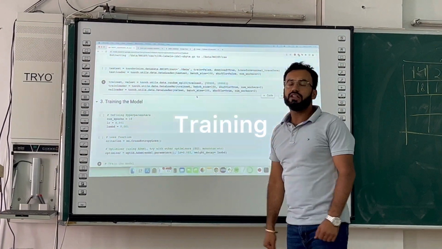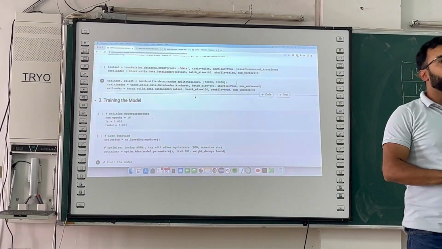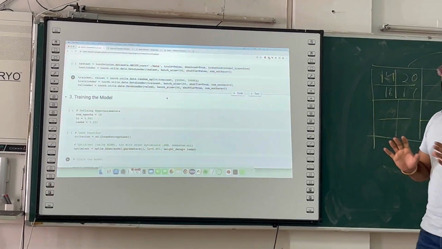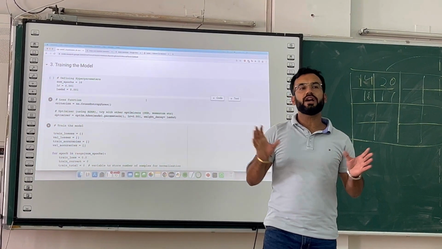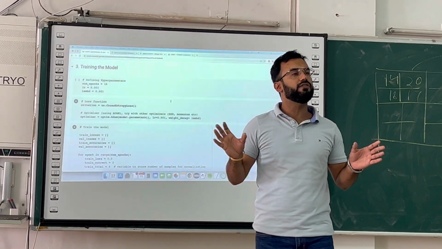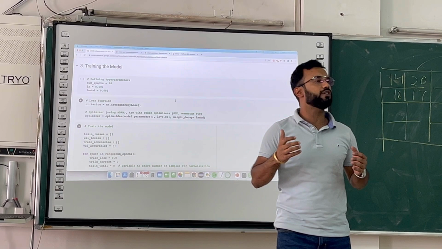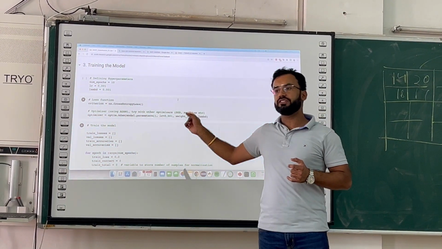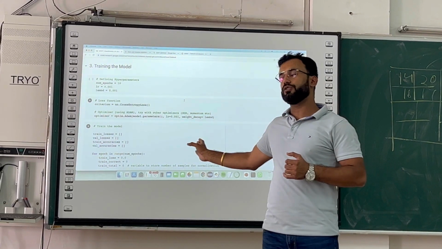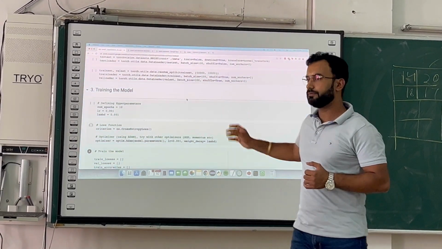Then we come to the test and training part. As we are all aware, to check any model, we need to first make the training set and then the test set. The training set can also include the validation set, so that you train your model better and then test it on the test set. So we have applied all these basics, ma'am. We have used the validation set also, then we came down to the test set.